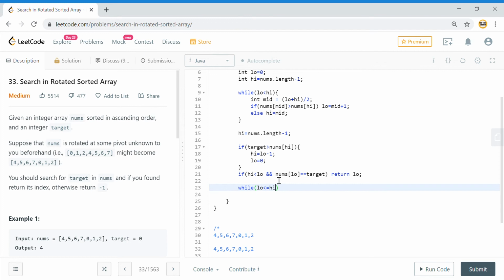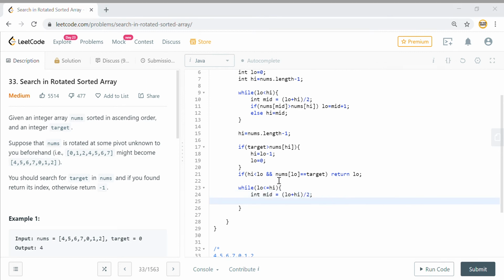We'll say while low is less than or equal to high, and we will have int mid is equal to low plus high divided by 2, and we'll say that if nums of mid, if the mid number is less than the target, then my low is equal to mid plus 1.